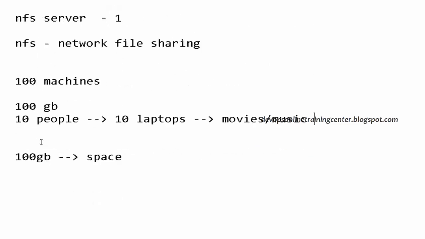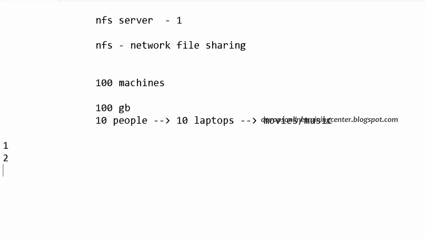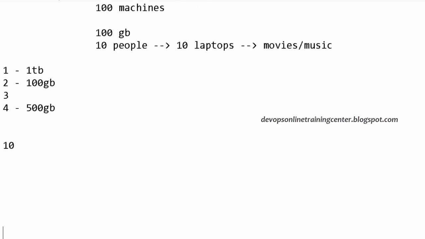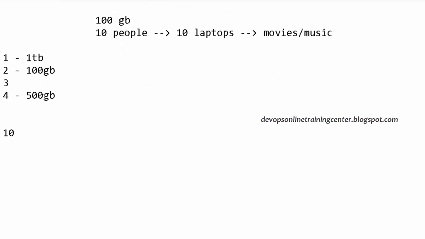So let us say there are 10 laptops, and each has a different capacity. One has 1 TB, the other has 100 GB, the other has something like 500 GB, etc. Person 1 downloaded a movie and he has to transfer it to all the other people.